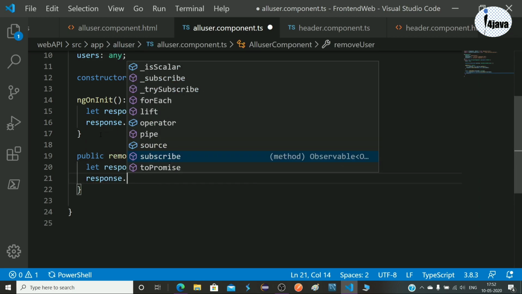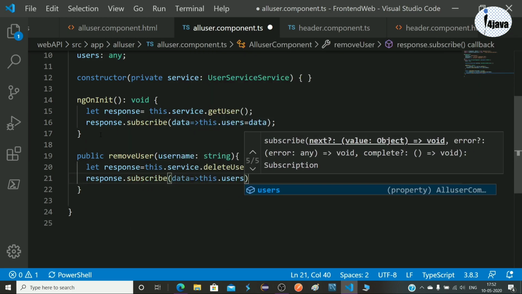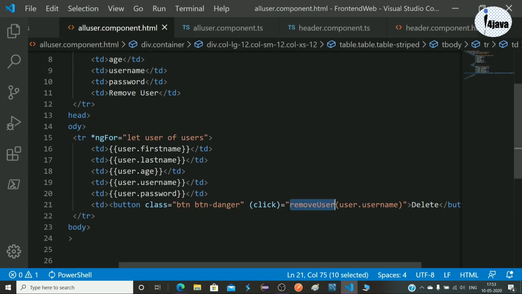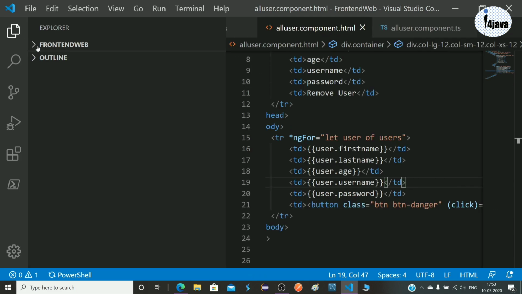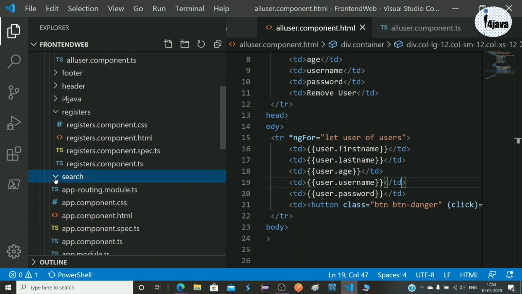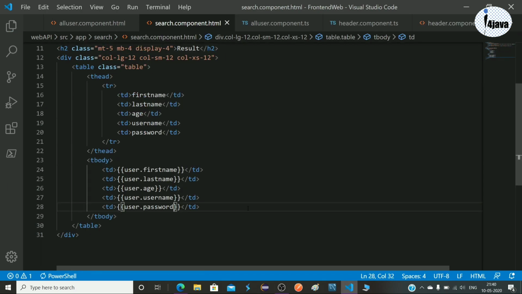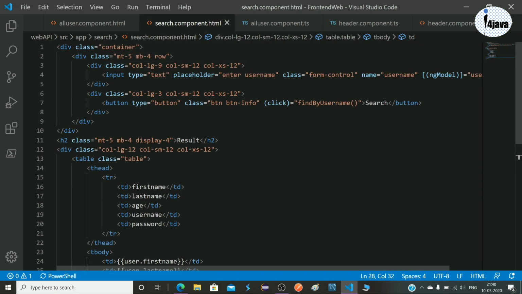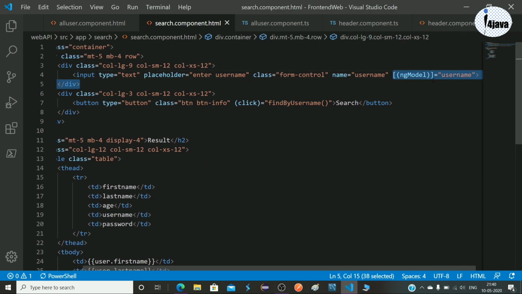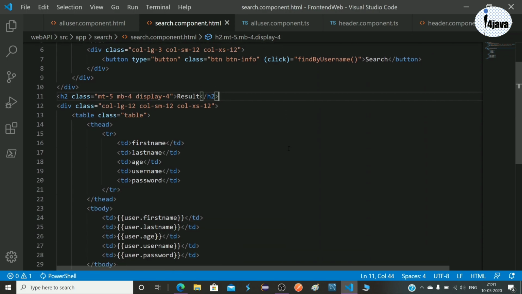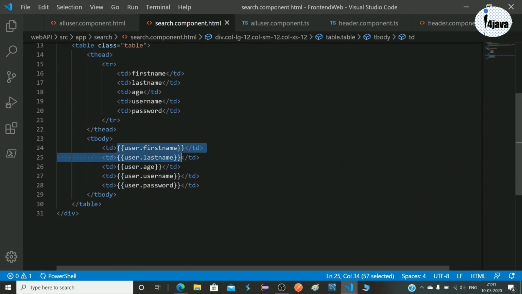After completion of this, we have to create one search page and map it with the search component class. So here the form development has been done.